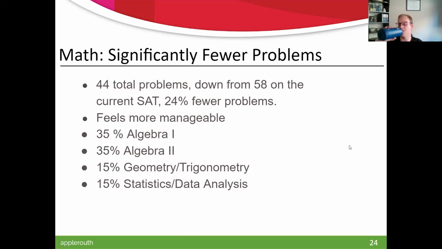Here's the breakdown, which we'll flesh out a bit more, but it's 70% algebra now. So you have to have taken algebra 2 for sure to really succeed on this test. And then if you have had pre-calc, that'll help on some of the hardest questions at the end. The biggest reduction was in statistics and data analysis. And then there aren't that many geometry and trig questions, but some of the hardest problems are usually those.